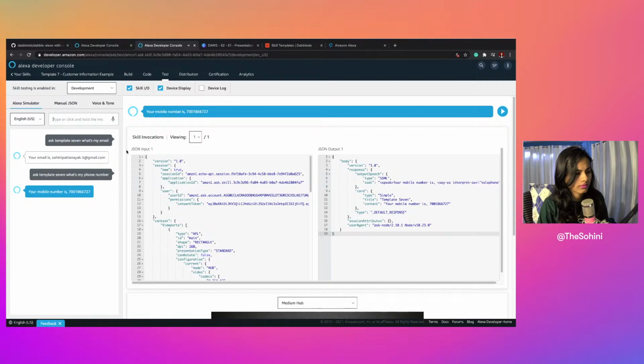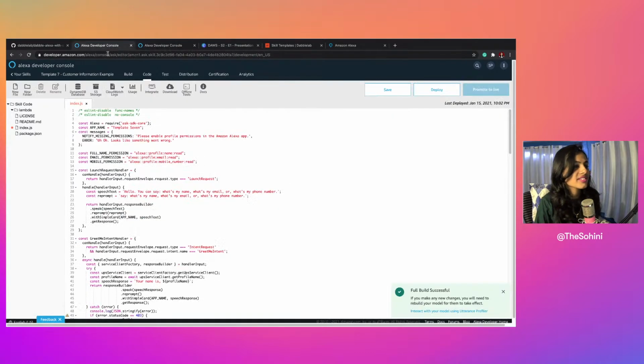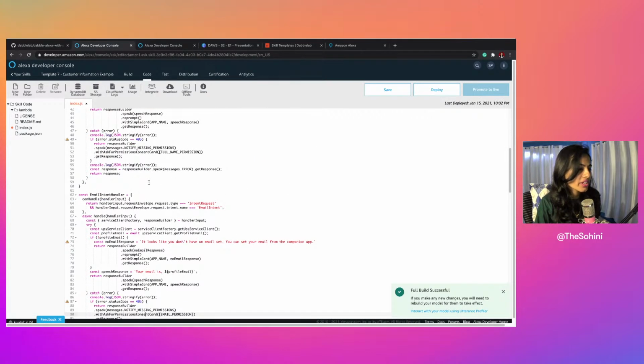Your mobile number is 700-186-6727. Oh, that's my mom's number. I don't know, then there is a mobile number associated. I wouldn't know. Like I can't think about it. But yeah, if it's there, then that's a good thing. So maybe we can use that. So then in that case, I will just a